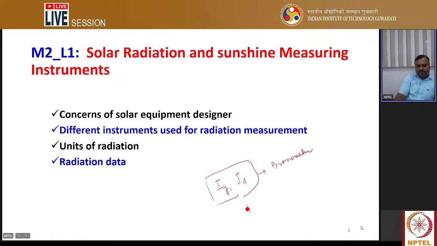If we are trying to measure the direct or normal radiation, then we need an instrument called a pyrheliometer. And if we want to know the brightness of the sun, that means the sunshine hours, then we need an instrument called